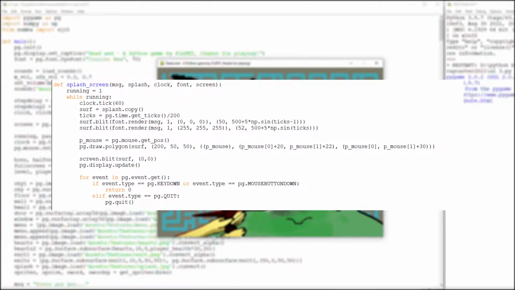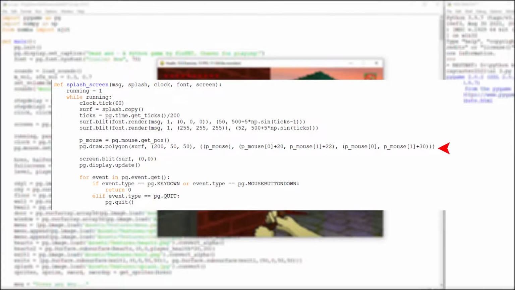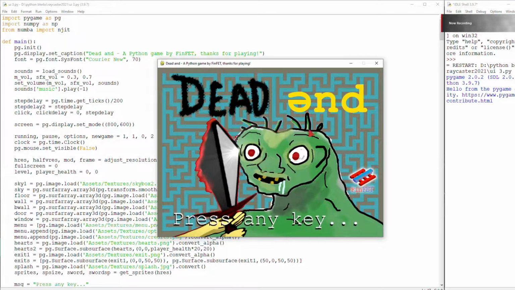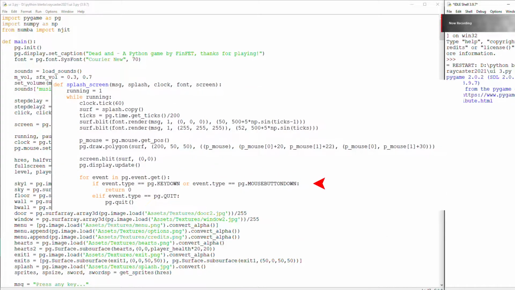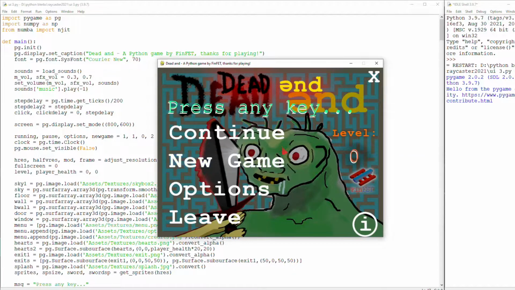I'm rendering the text twice to give a shadow effect, and I'm also varying the vertical position with the sine of the time, so it goes up and down with a small phase difference. I will get the mouse position and render a polygon for the pointer. And finally display the resulting image on the screen. After all this, I check if the player pressed any button to break out of the splash screen. Only then does it go to a pause menu, from where the player can choose to start the game or change